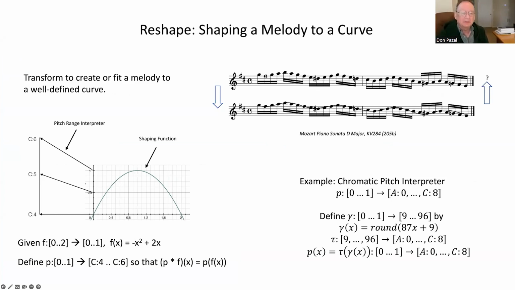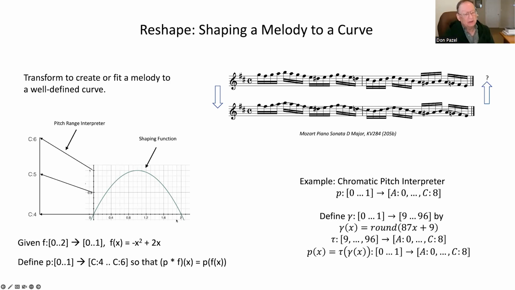If you connect these with lines, you get a kind of interesting looking graph. And the idea behind this particular transform is you'd like to go from a graph to a fitting curve for a set of notes. And that's like taking, in this case, minus x squared plus 2x, a curve like this over a range of 0 to 2, which fits in nicely with a two-measure system of two whole notes.